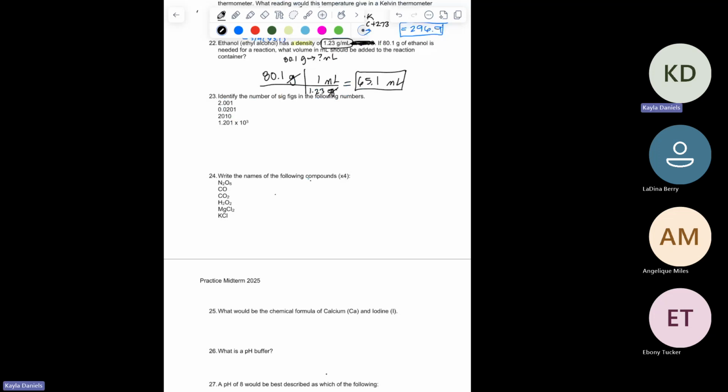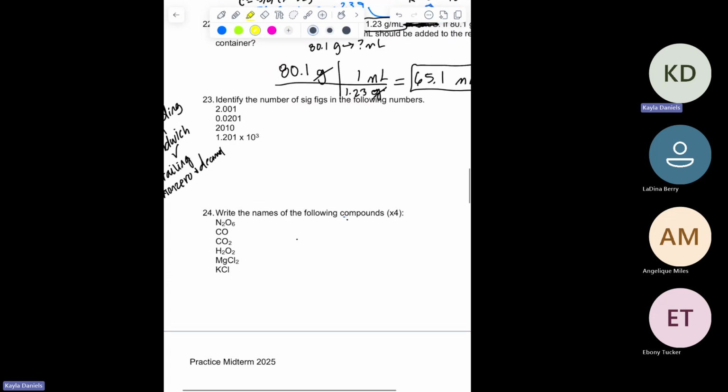Just a reminder, leading zeros never count. Sandwiched zeros always count. And it's the trailing zeros that are weird. They only count after a non-zero and a decimal. All right, so let's see. How do I want to do this? Okay. So we have